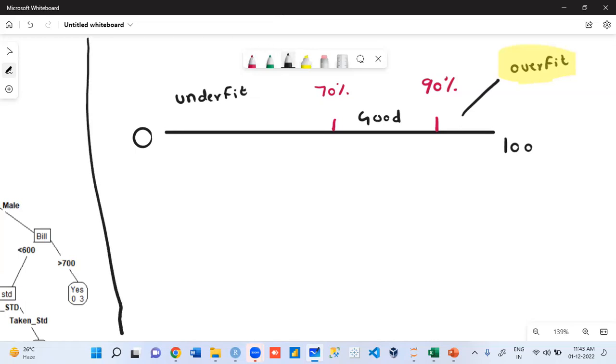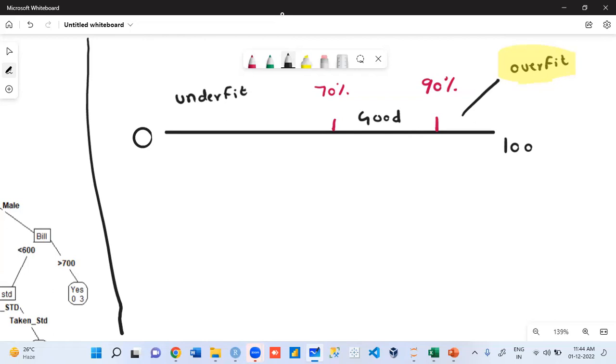Virat Kohli is playing a match. He's batting and the bowler is throwing the ball and he has to hit the run. Correct? Can you predict for every ball how many runs he's going to make? Can you predict accurately? So nobody can predict accurately how many runs can be scored. Correct? So if a prediction 100% means whatever you are saying, that is only happening. So this should not happen. This is called overfit. So always the accuracy should come between 70 to 90.